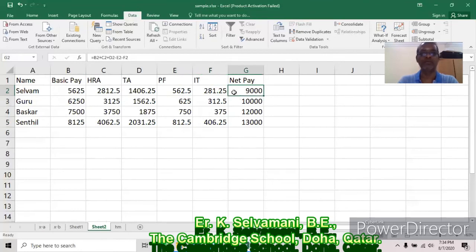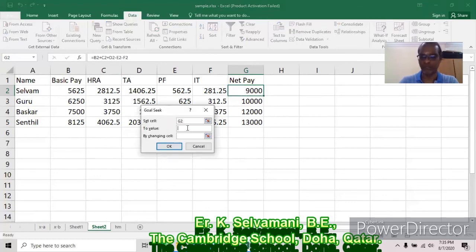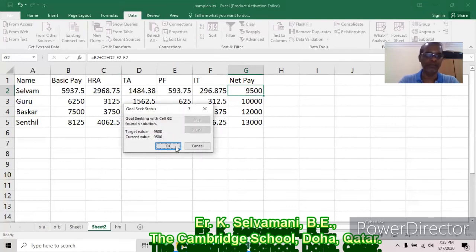Here we have to apply one formula by adding basic pay plus HRA plus TA minus PF minus income tax. After that, I want to change the net pay. Then select G2, go to What-If Analysis, Goal Seek. I'd like to change this here to 9,500 by changing B2. Then click OK. You can see it here.